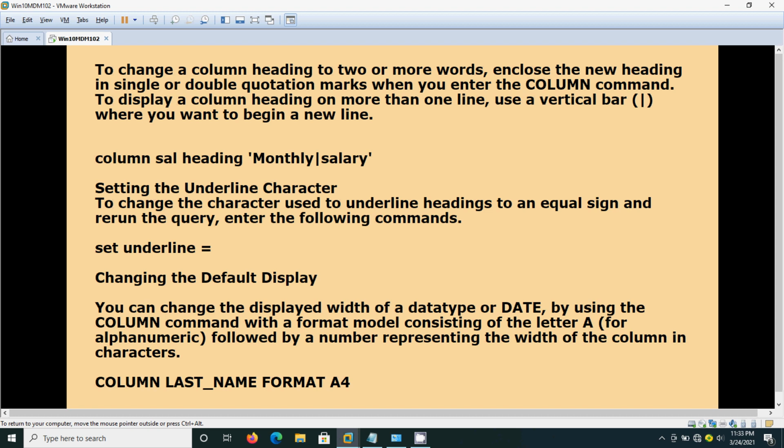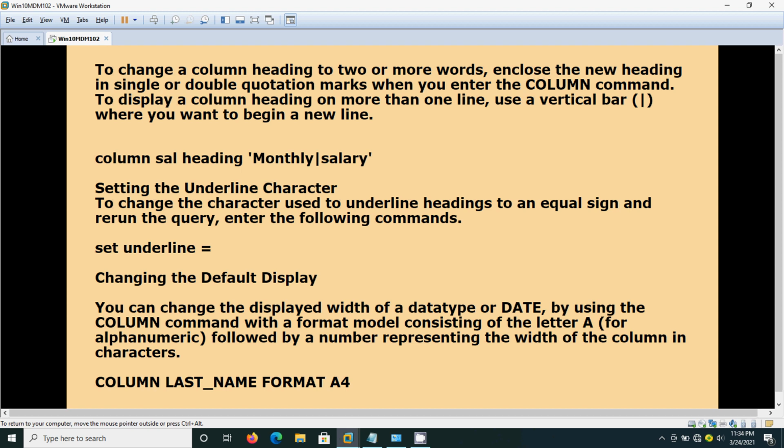And changing the default display. You can change the displayed width of the data type or date by using this column command. For example, if you are having lengthier names, in India some people will have their caste name or their native place name, then the name will be too lengthy.